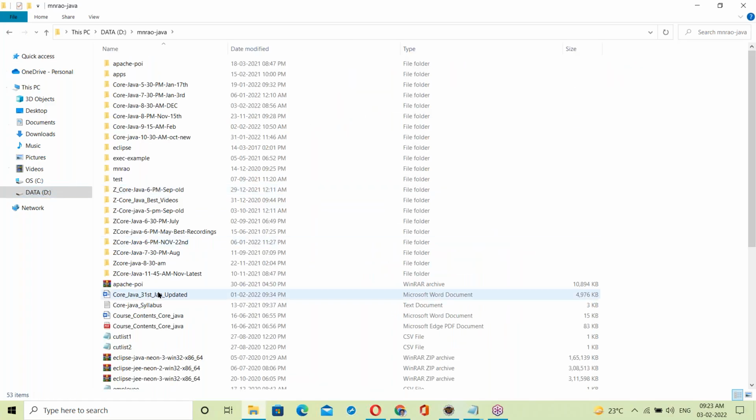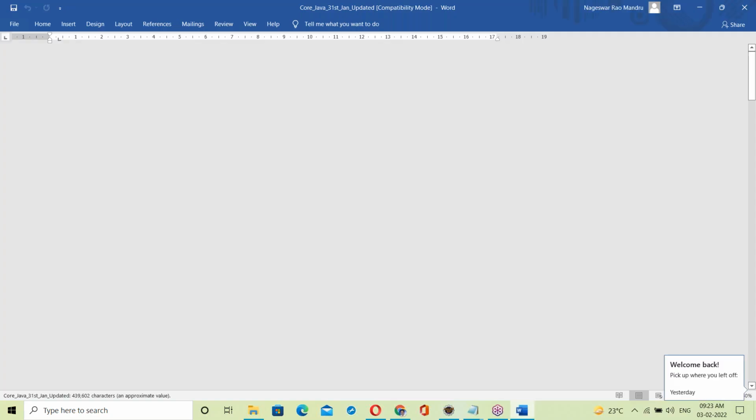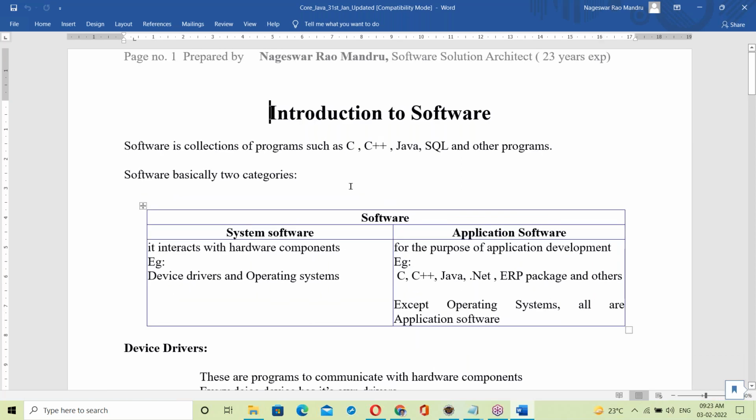Yes. Java document. So this is your document.